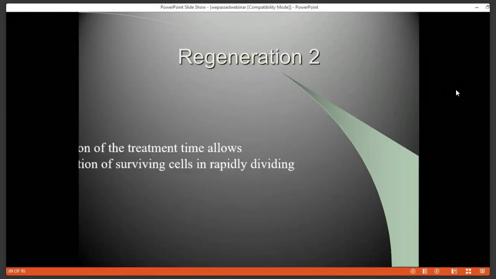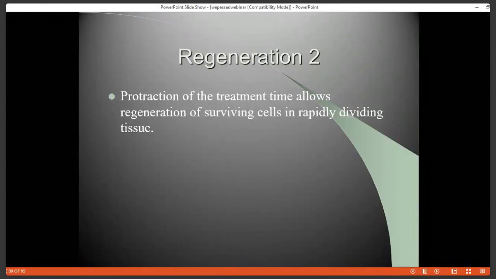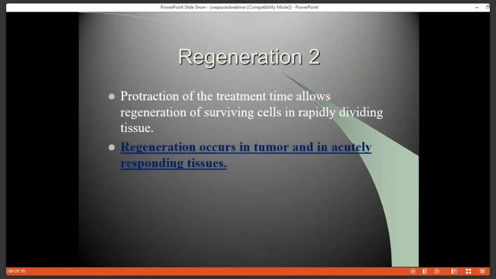Treatment time allows regeneration of surviving cells from rapidly dividing tissues. So the longer that we protract the dose, 2 weeks, 3 weeks, 4 weeks, this allows more time in between for the surviving cells to repopulate. Regeneration occurs in tumor cells and again in acutely responding tissues. Of course, we don't want regeneration in tumor cells, but we do want it in acutely responding tissues. So this particular R plays in both tumor activity as well as acutely responding tissues, as did the first R. Right? Reoxygenation, we said, was really